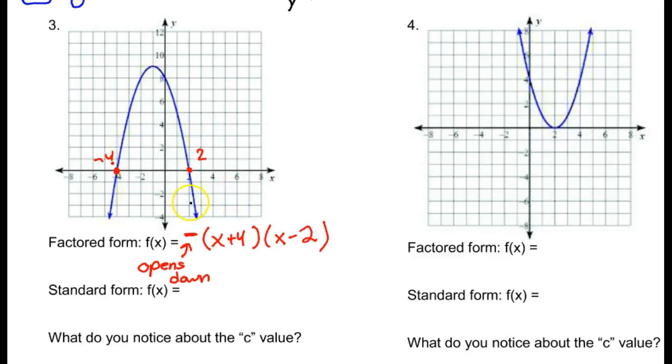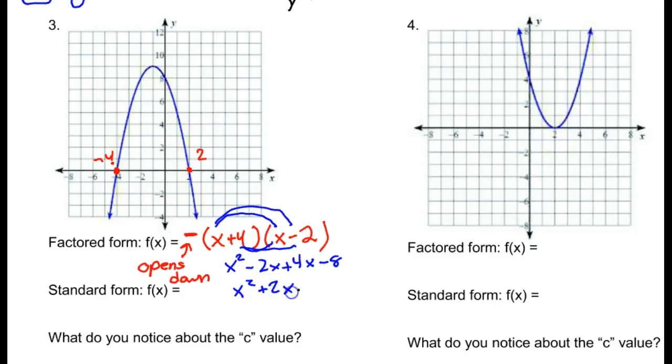And there's a couple ways you can do this. You can distribute the negative in, and then do the multiplication of the two binomials, or you could just multiply the two binomials and do the negative last. So you can do x squared minus 2x, right, plus 4x, and minus 8, right, which ends up being x squared